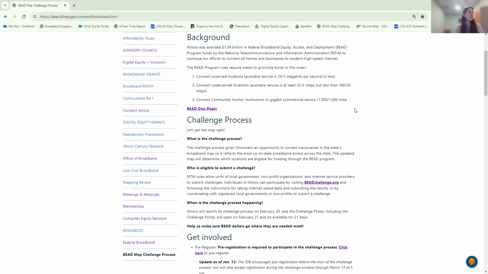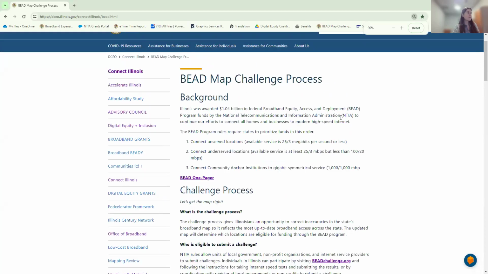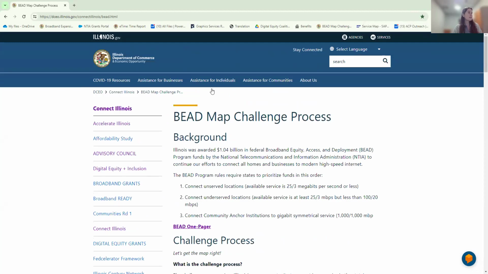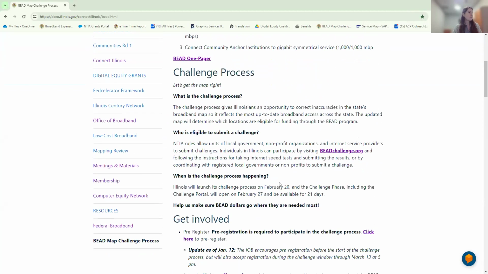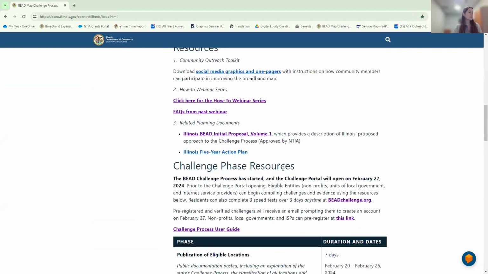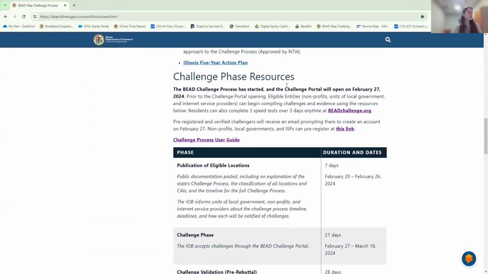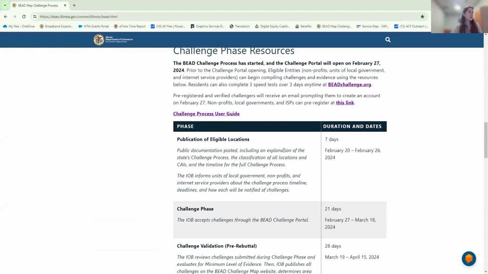Okay, so what you're seeing now is the challenge landing page. So again, this is your resource for all things challenge process. If you scroll down, the newest resources are under challenge phase resources. So you have the timeline, you have the speed test link, pre-registration, and then I'll point you to this challenge process user guide.